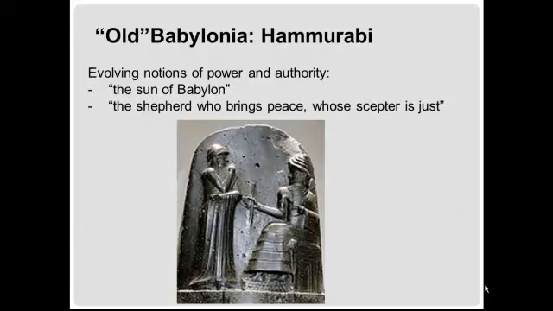In other words, he is claiming legitimacy for his regime first on the basis of having found favor with the god and being willing to submit himself to the god, that is Shamash, and his second claim to legitimacy, to a right to rule, is that he is just, that he enforces laws impartially on all people, although in fact punishments were harsher under the Code of Hammurabi for ordinary folks than for the nobility.